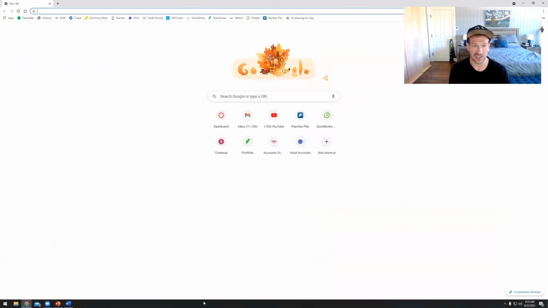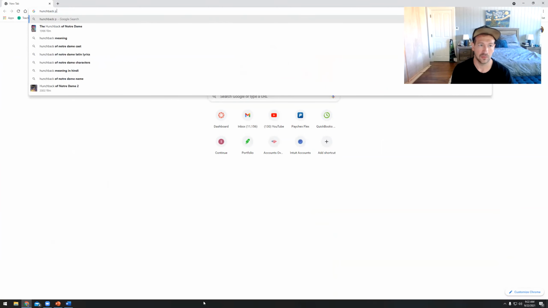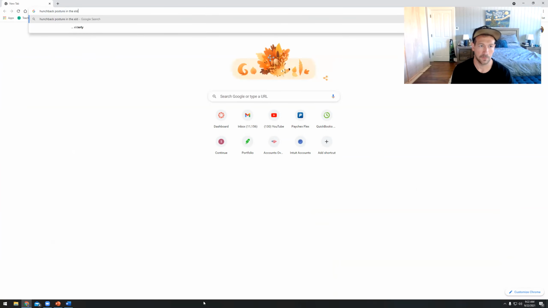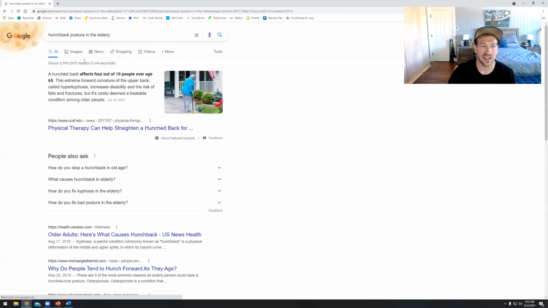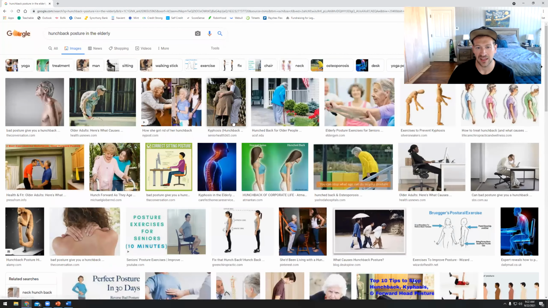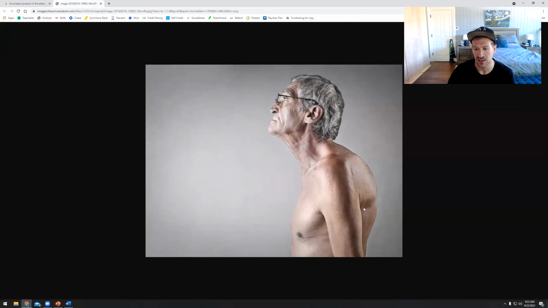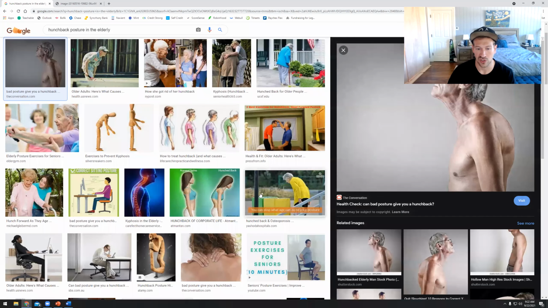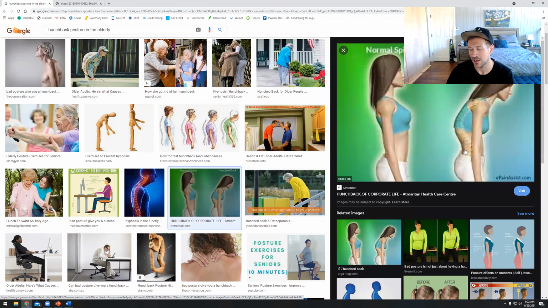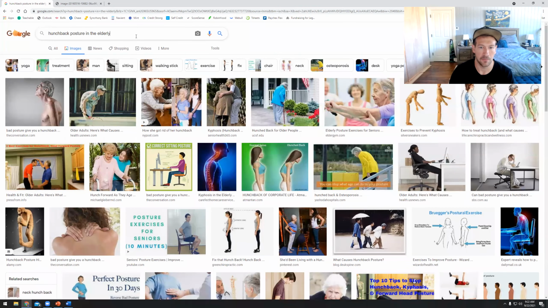This is where, when you see older folks who have that sort of hunchback posture that we sometimes tend to see, right? It's not like their bones are shaped any differently. They have the same bones that they used to, right? But what has happened is through consistent poor posture,